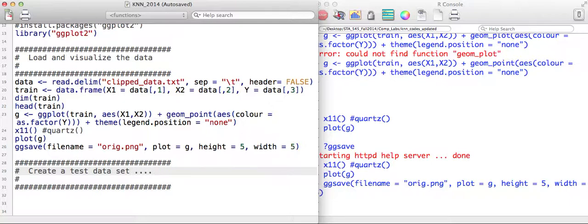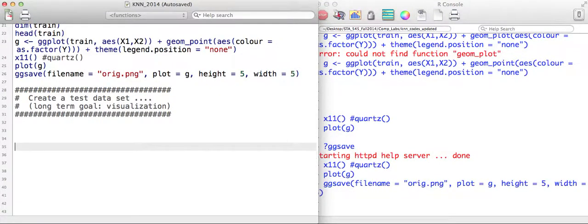Well, what we're interested in doing here is to have a long-term goal of visualization, to start to understand what's happening for different values of k and in the different regions of the space. It's not our goal at this stage to estimate generalization error. We'll have plenty of time to do that. So in order to do that, I'm going to take all of the data that we had as training,